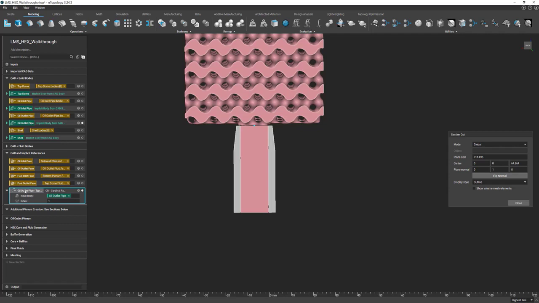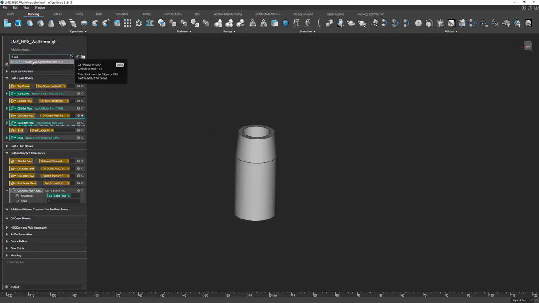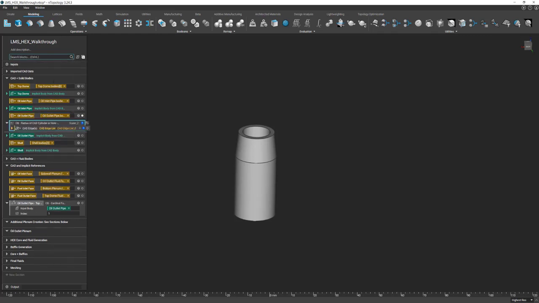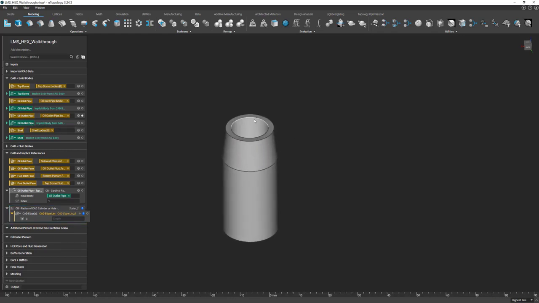The other piece of information that I want to reference relates to the radius or diameter of this outlet pipe. So I'm going to isolate just the CAD body. I'll turn off the cross section, and I'm going to call the custom block radius of CAD cylinder or hole. We'll drag this to the CAD and implicit region, and the input here is going to be a CAD edge list. So I'll select the edges that I want to capture the radius of, right click, create CAD edge list, and I'm going to call this